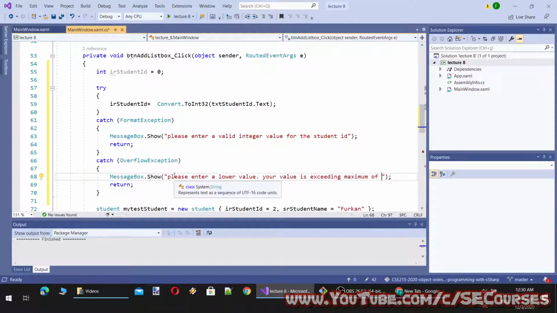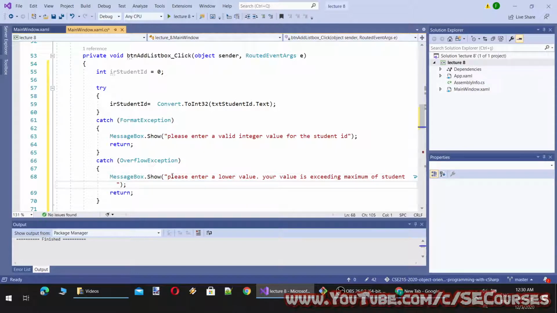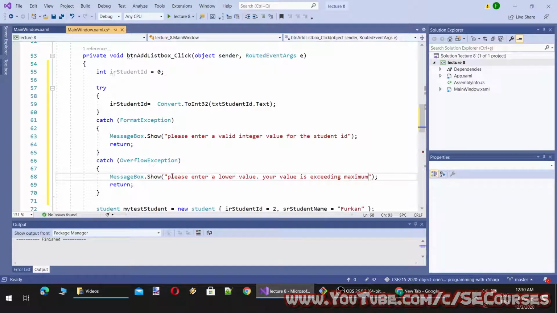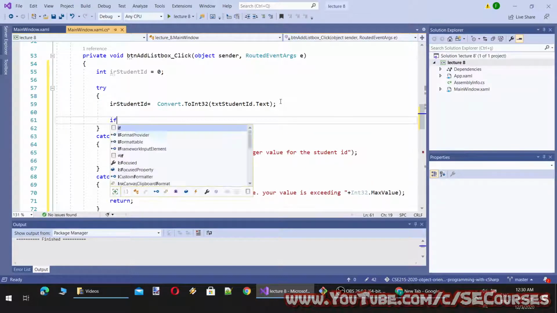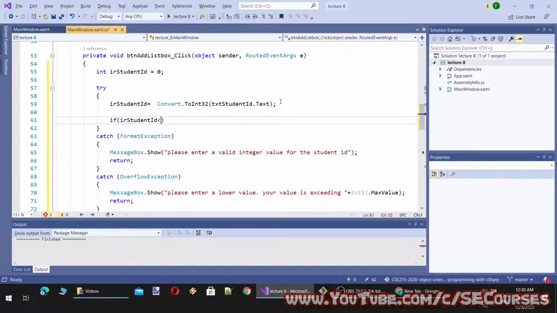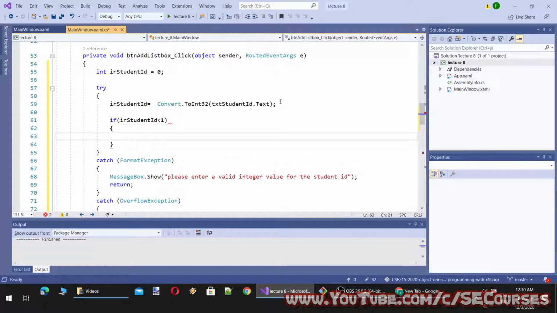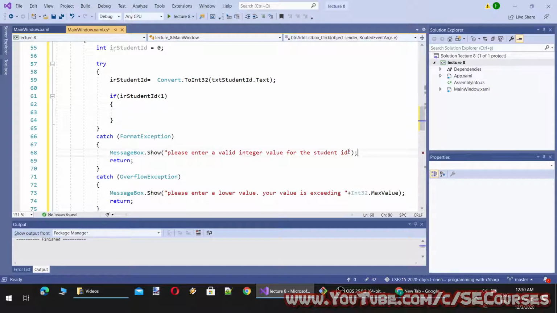let's just show the max value. And if student ID is below 0, which cannot be, you see, there cannot be below 1 actually.